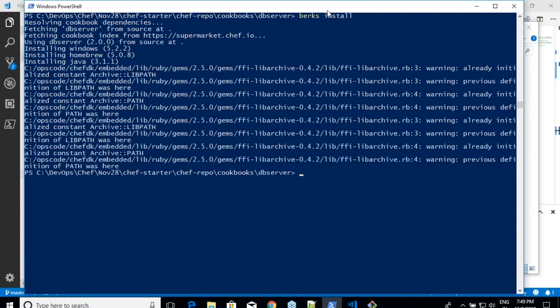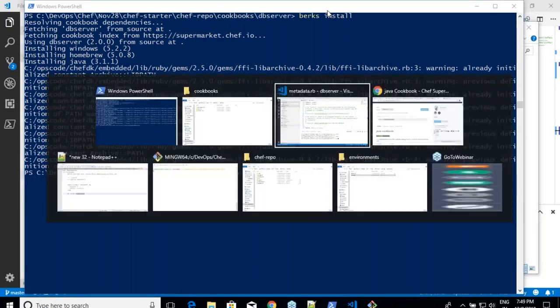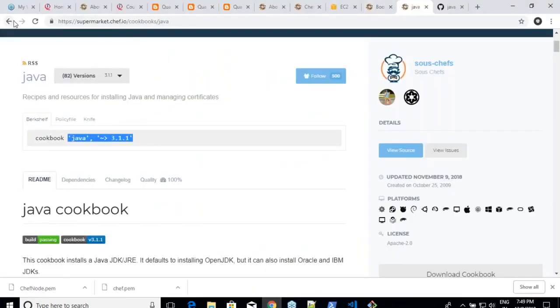Okay, something is not right in this cookbook. Whatever it is, are you seeing the stuff? Whenever we add the cookbook, Bookshelf is trying to download it. Let me add one more dependency. Okay, so I'll go over here. We have seen one more cookbook, right?